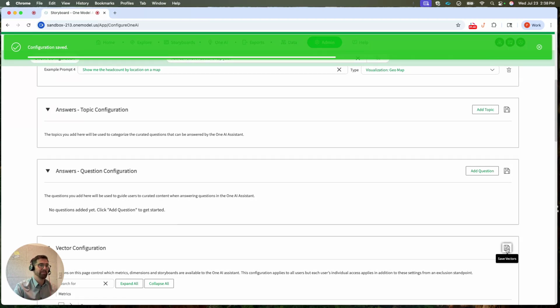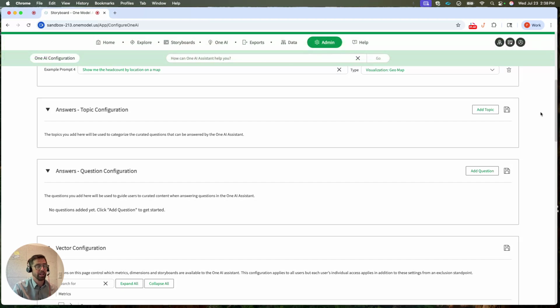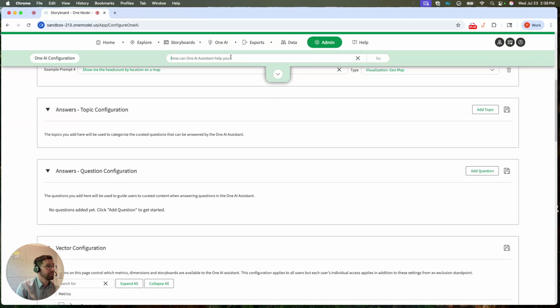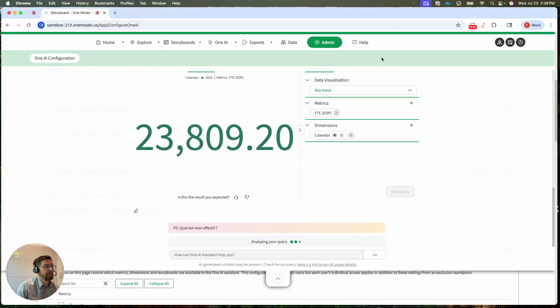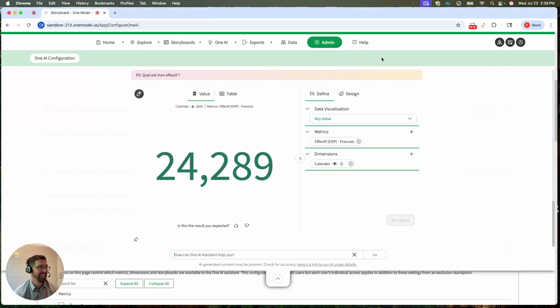And let's see, we know it can find the English version. Now that it has both options, let's see if it prefers the version in French. So we'll ask it again, what is my headcount? It's rerunning it, so look down at the bottom of the page and let's see what it comes back with. All right. Now that it had the option to pick the French version, it was intelligent enough to pick